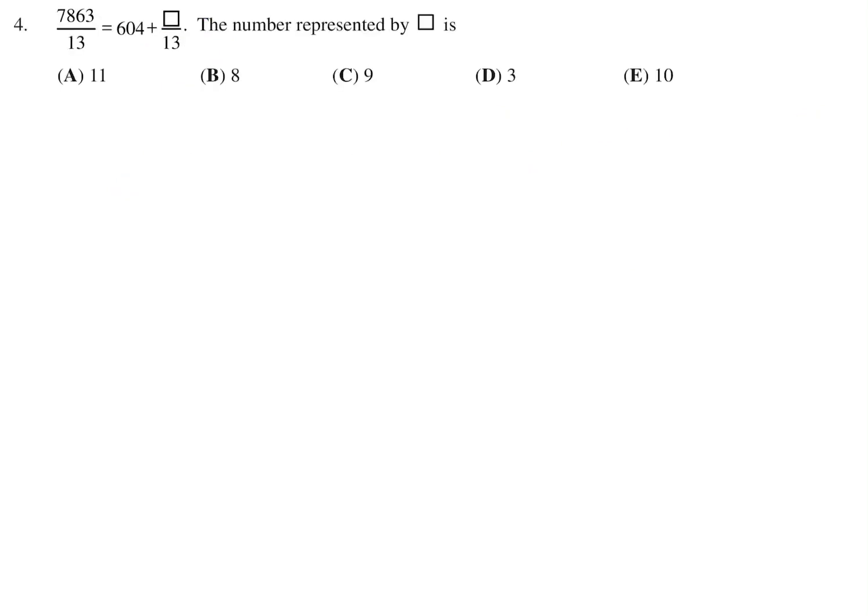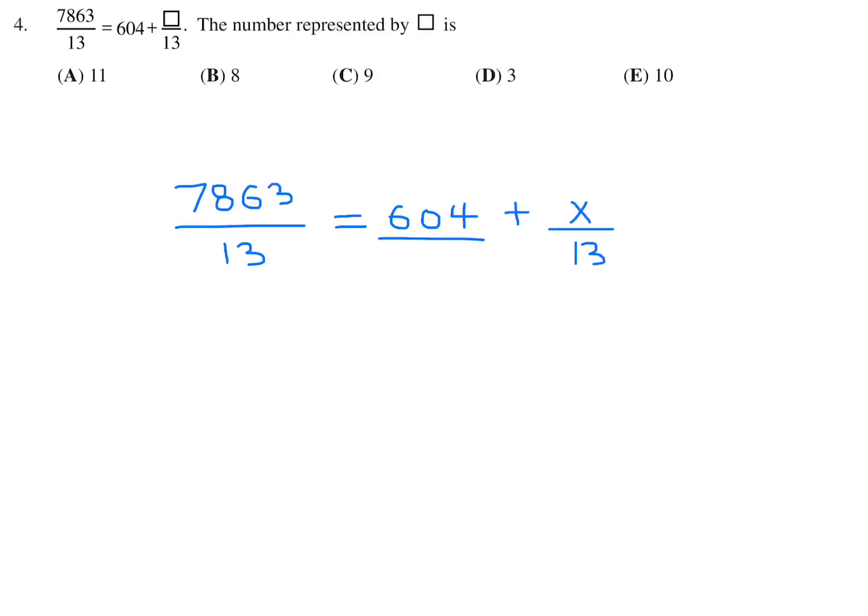7863 divided by 13 is equal to 604 plus box over 13. The number represented by the box is. So 7863 divided by 13 is equal to 604. And instead of putting a box, I'll put x like that. Get a common denominator, of course, multiply top and bottom. So we'll get 7863 over 13. 13 times 604 is